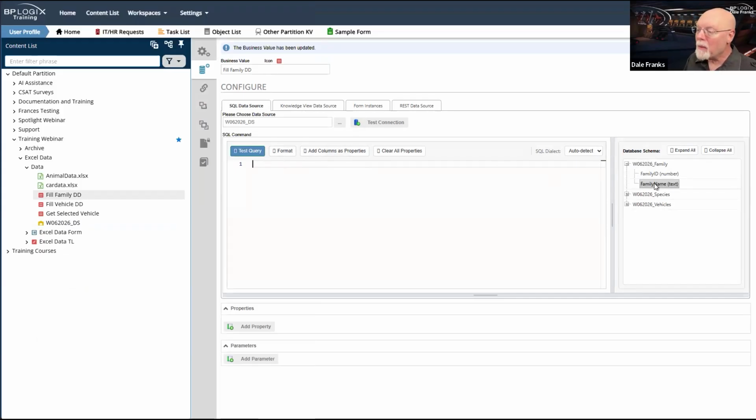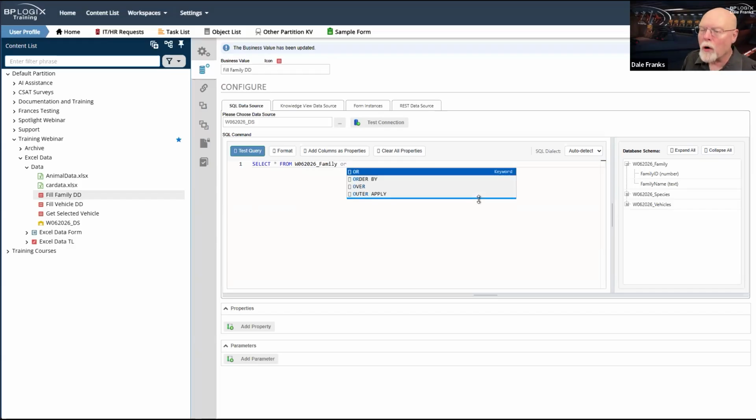And by the way, we're going to pull both things. So actually, we could just go with select star, because there's only 2 fields and we need both of them. So select star from W0626 family.